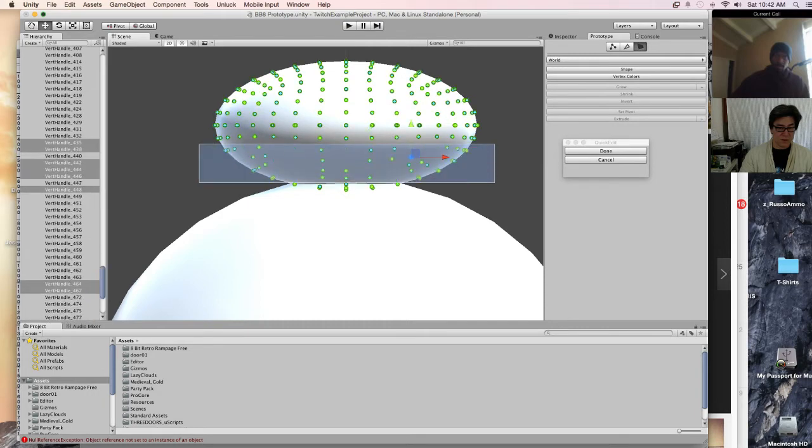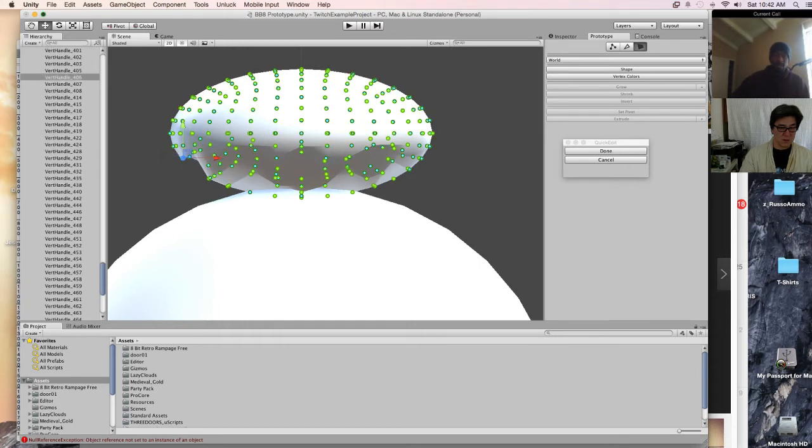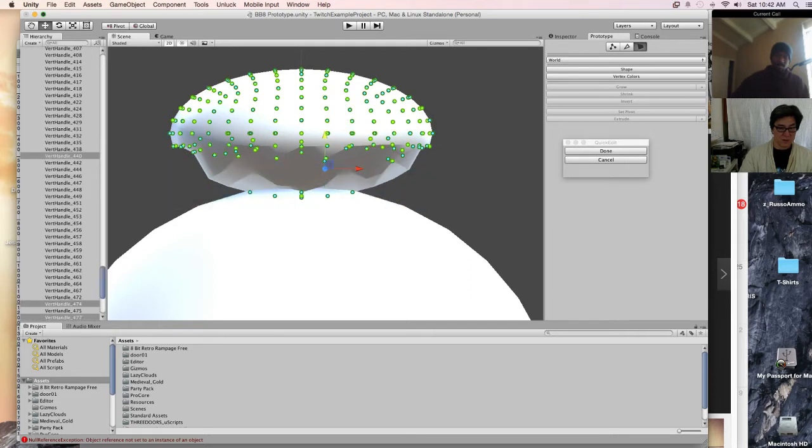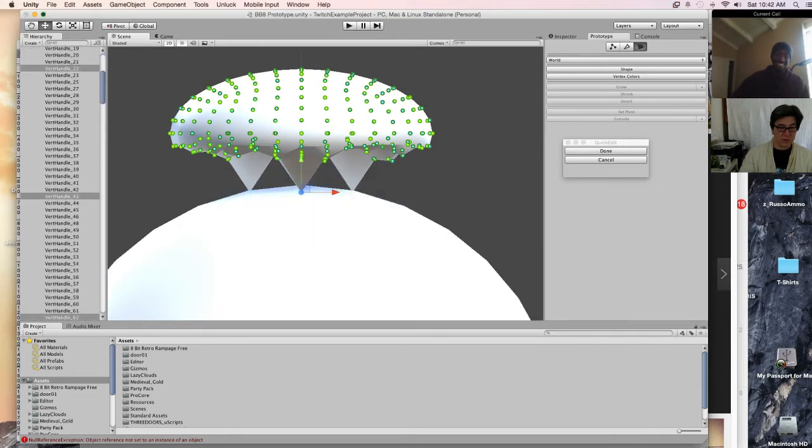Let's see if I can do this. No, yes, no, maybe so. Some. Is it not selecting the ones in the back? I think so. Doesn't matter because I'm going to move them in groups anyway. So let's see if we can just move them all up. This is a lot more detailed than I really need BB-8 to look, but I'll show you the tool so that we can get to it.